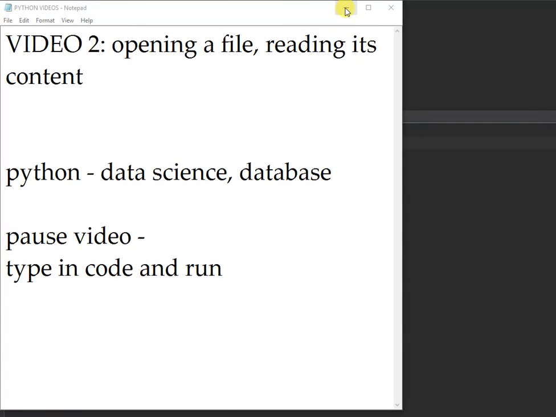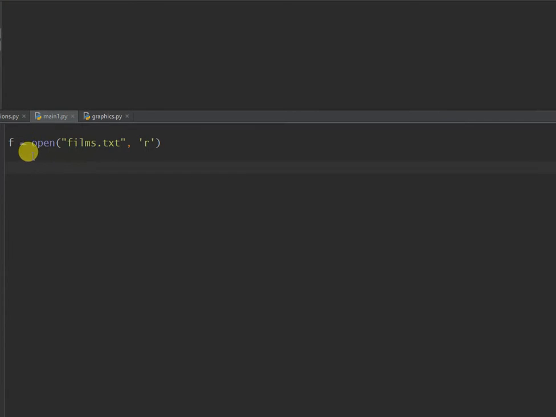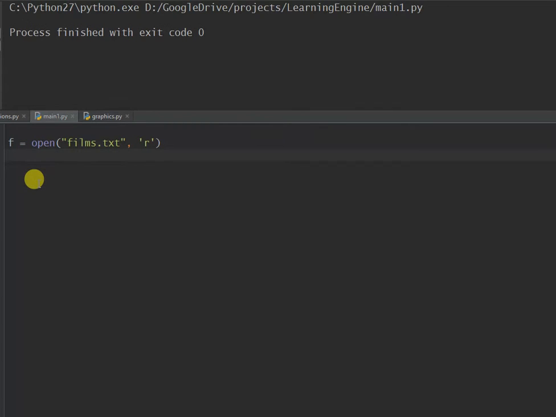So in this video we're going to look at reading a file, opening a file and reading its content. Now I've created a films.txt. I'm going to open it as read, and so I'm going to store that connection to the file in the variable f. So let's just check that's okay when I do that. It seems to not have a problem when I run it, so I can guess that it's actually able to